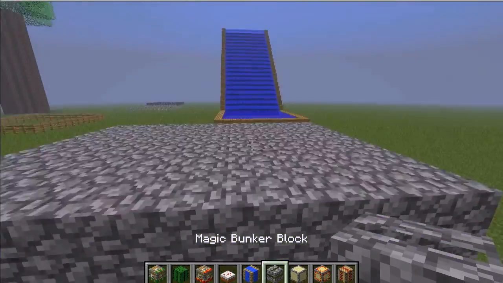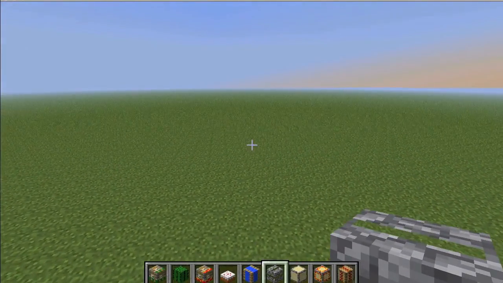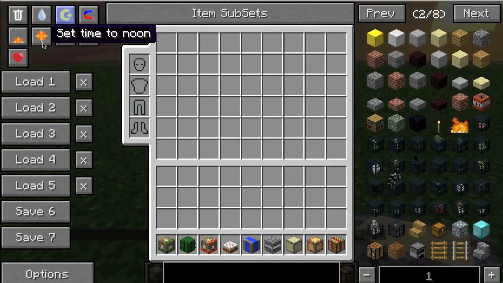Because of a glitch in the mod, but you know, whatever. It's like a bunker, and in those chests are actually bows and arrows and stuff. So yeah, it's pretty cool. Next thing is the magic arena block, and when we place this down and change it to day, just kidding,